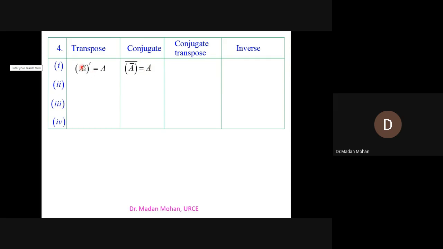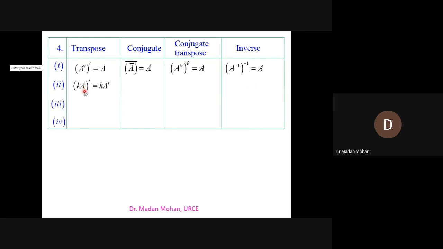Here, rows with columns, again rows with columns, 2 times, you get the same. Next, conjugate transpose: applying both, you will get A only again. Conjugate transpose of conjugate transpose is A only. Similarly, A inverse is adjoint A by det. Inverse of inverse is A. I think you got this. Repetition: transpose, conjugate, conjugate transpose, inverse. Okay. The second one,